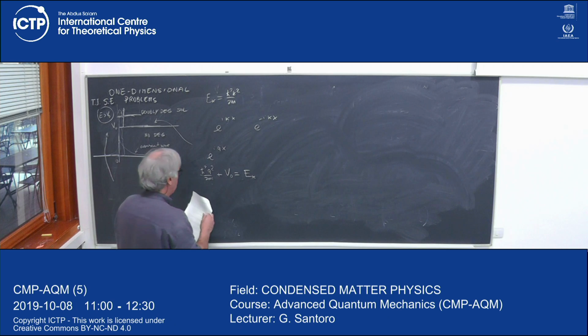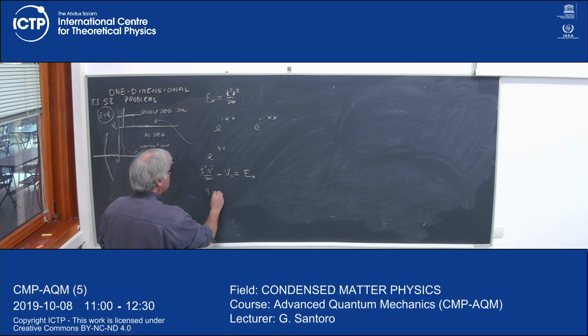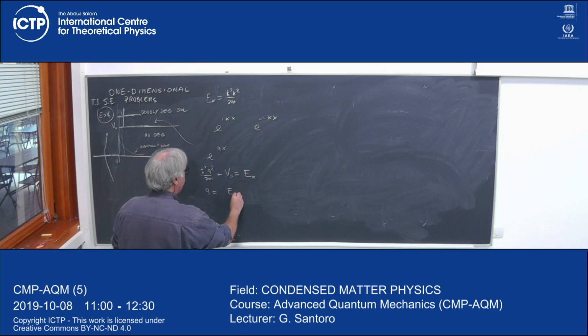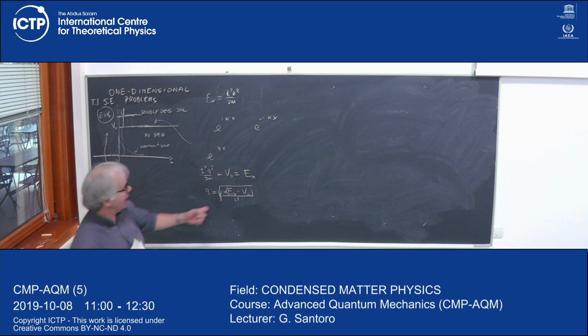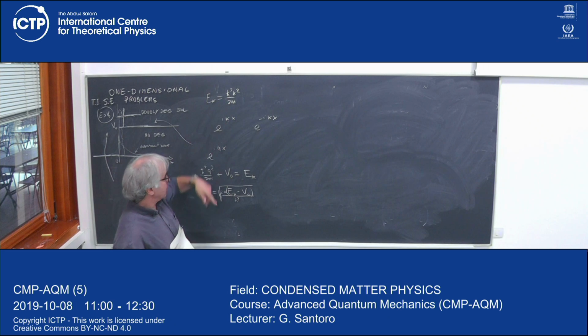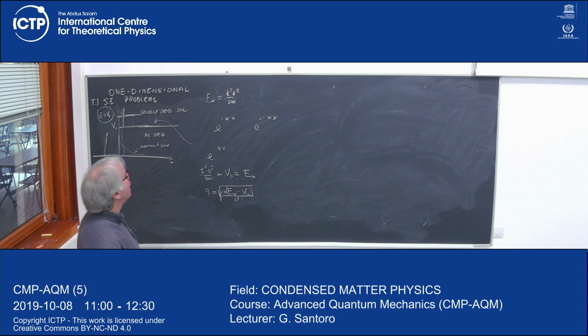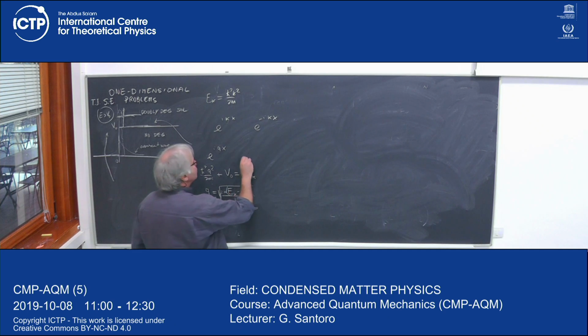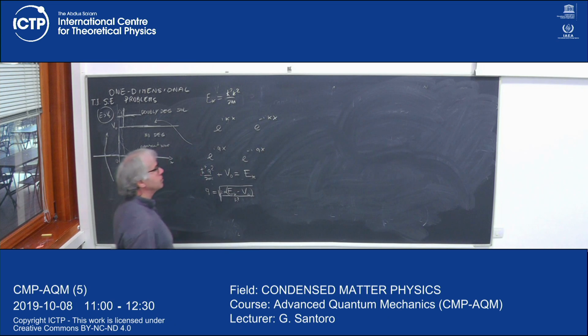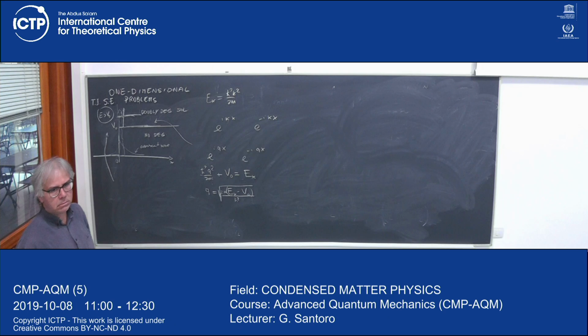And so q is equal to the square root of 2m over h bar squared times E_k minus V0. So this is the value of q. Obviously, this is related to k, so I could write it in terms of k if you want. Fantastic. Now, what about e to the minus iqx? Okay, the same.